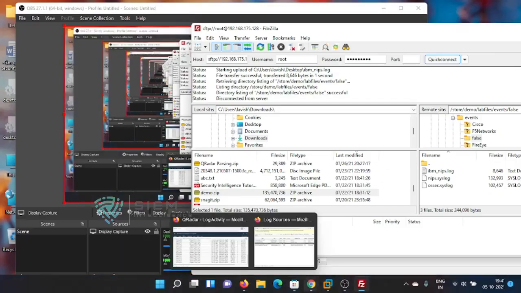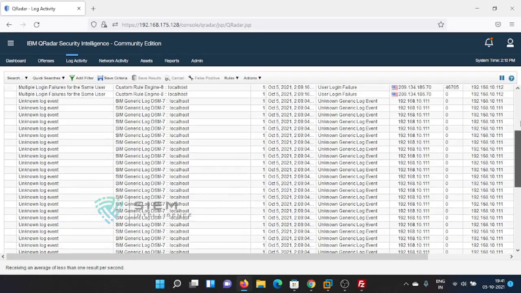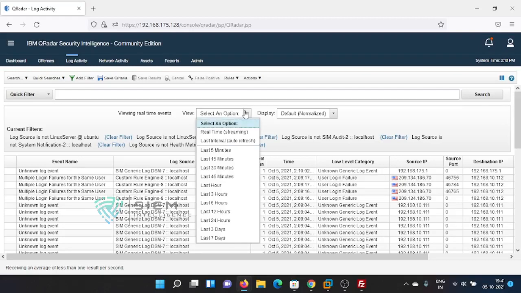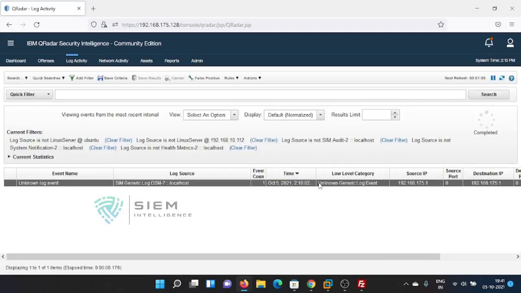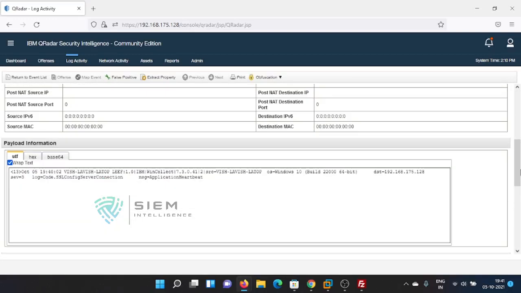I think that's the reason it is not showing over here. But we'll see any logs that are related. Yeah, only one log is showing related to the last interval. There may be some log. Only one related log. Not this one. This is something else.